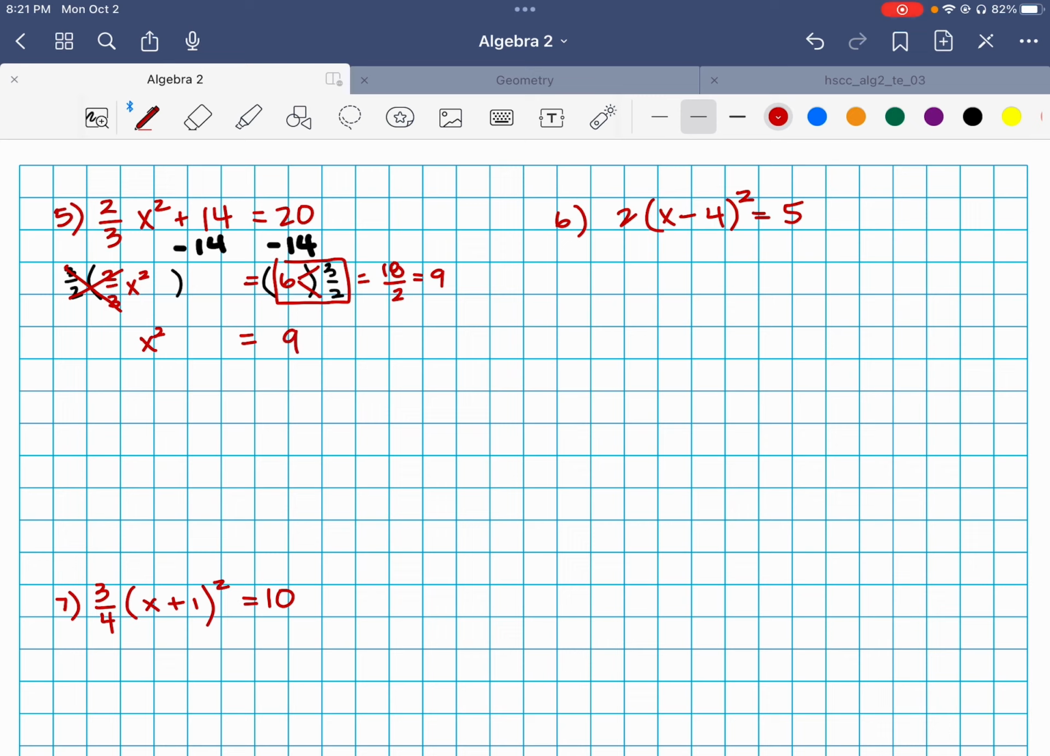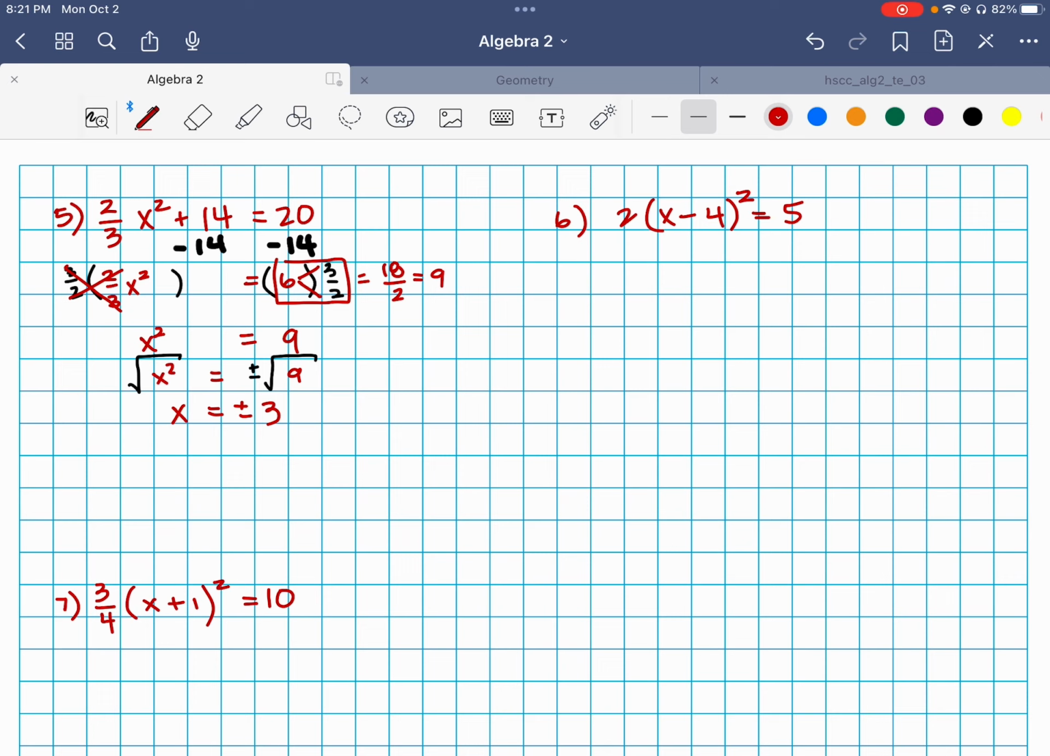Finally, you want to get the x by itself by taking the square root of both sides of the equation. So we're going to take the square root on the right side as well as the left side. And when you do this, we have to include the plus or minus because we get two possible answers. So we're taking the square root of the x squared side and we're taking the square root of the 9 side. This is going to give us x is equal to positive and negative square root of 9,